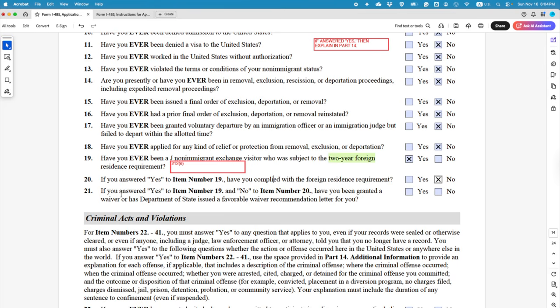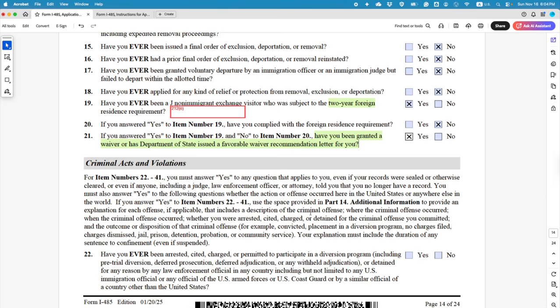But then the next question is, if you answer yes to 19 and no to number 20, which is the case here, have you been granted a waiver or has the Department of State issued you a favorable waiver recommendation letter? If you have been granted a waiver, then you select yes. If you haven't, you select no, but then, from my understanding, you have to get this waiver, or you have to go back to your country, serve 2 years and come back. Otherwise it would be a problem for you. Anyway,